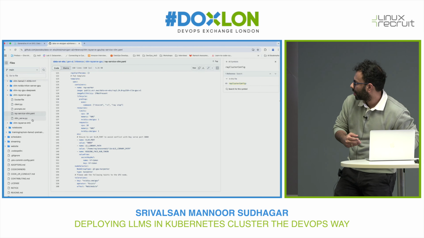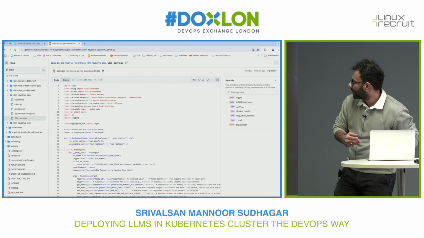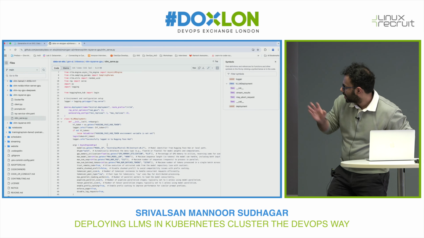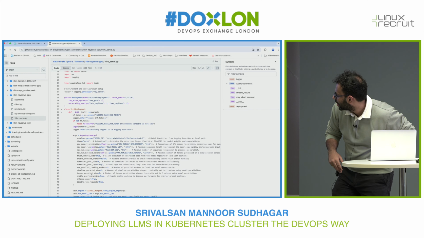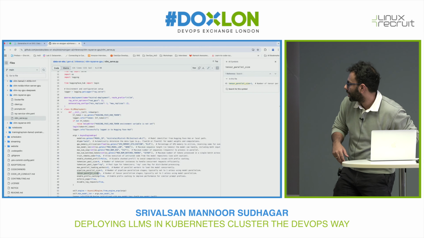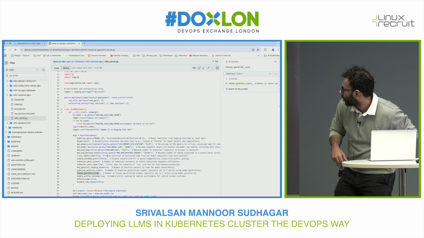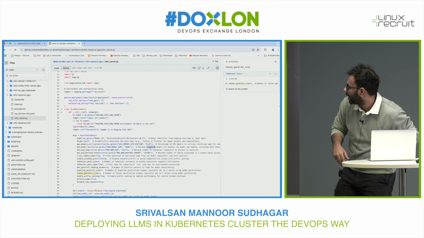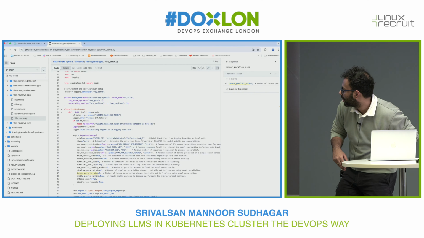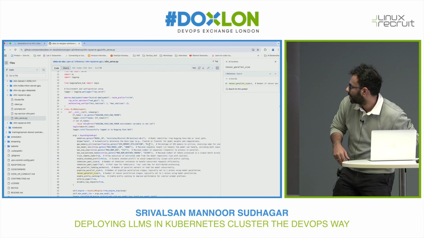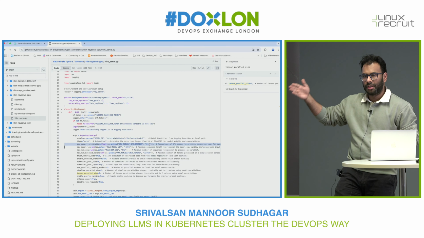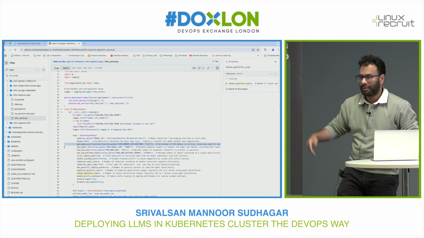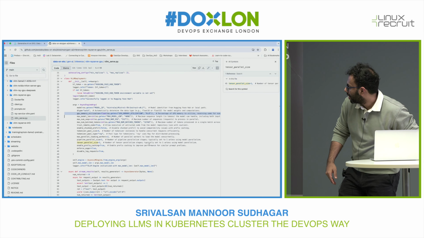Just to give you a quick view of the vLLM serve, this is essentially how you load a vLLM, where you can define the tensor parallel size for how you want it parallelized. You can also define the sequence length and the number of sequences as well. Essentially over here, I'm defining the utilization, saying to use only 80% of the GPU utilization, so that the remaining 20% is used in case there is an overhead on the GPUs.